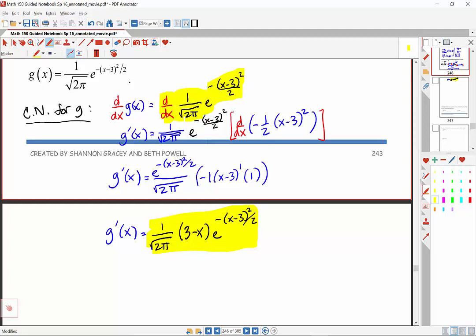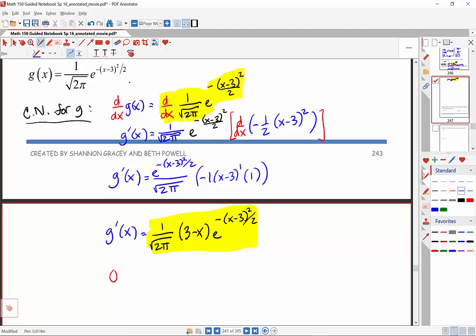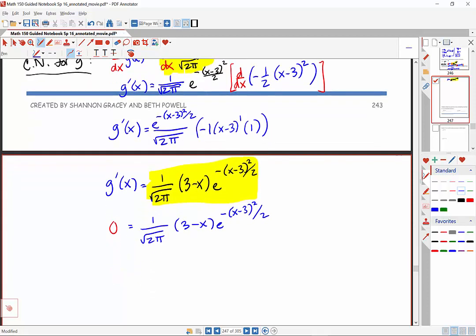Okay, so now let's find the zeros of this guy. So 0 equals all of this. So 1 over root 2 pi times 3 minus x times e to the negative x minus 3 quantity squared over 2. Now, the exponential will never be 0. So it actually ends up being quite simple because we just need to set 3 minus x equal to 0 for that whole thing to zero out. So we would end up getting x is 3. Okay? So our critical number,